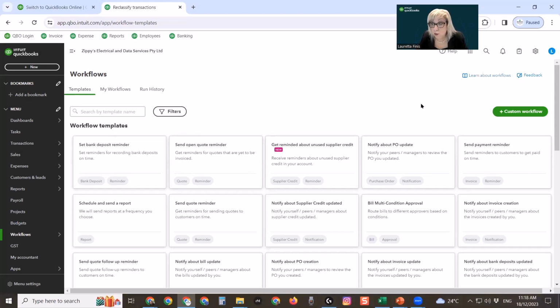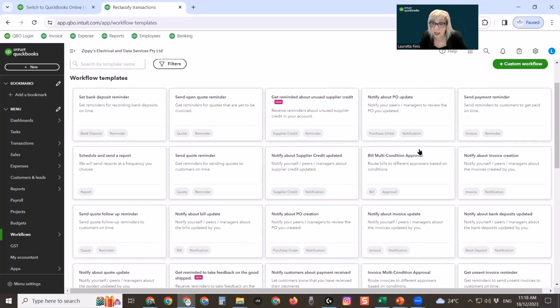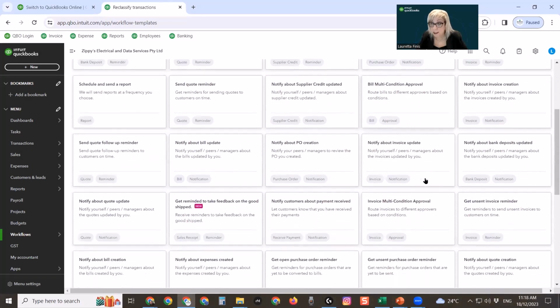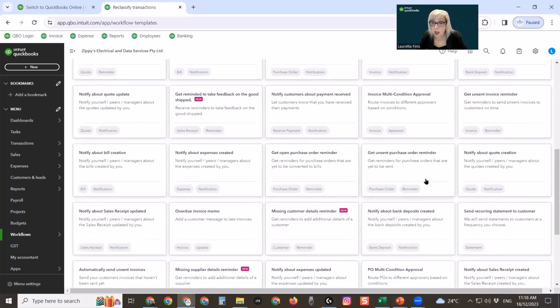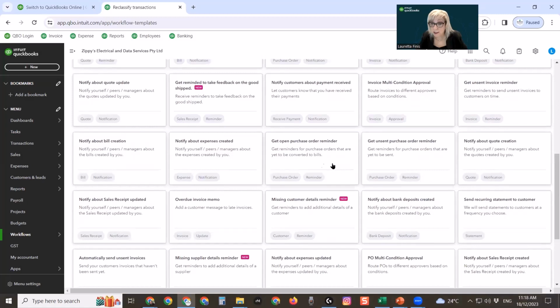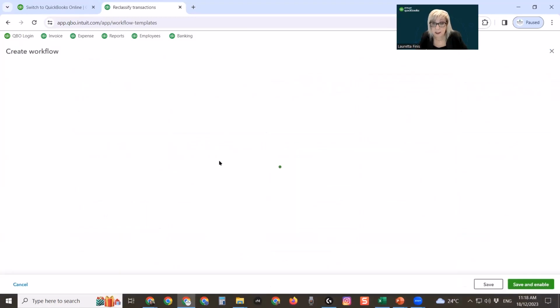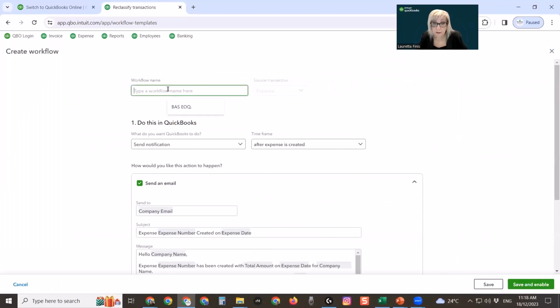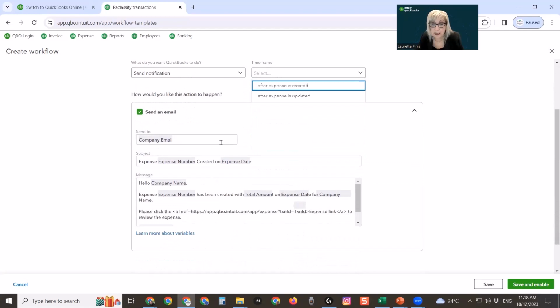So these are all the templates that you can customize. You can customize any one of these templates, and you can see there are a lot of templates. So let's just say notify about expenses created. Let's click into that one. And the work type, we'll just call it expenses. Send a notification after the expense is created or after it's updated. Let's just say created. It'll go to the company email, which is you,